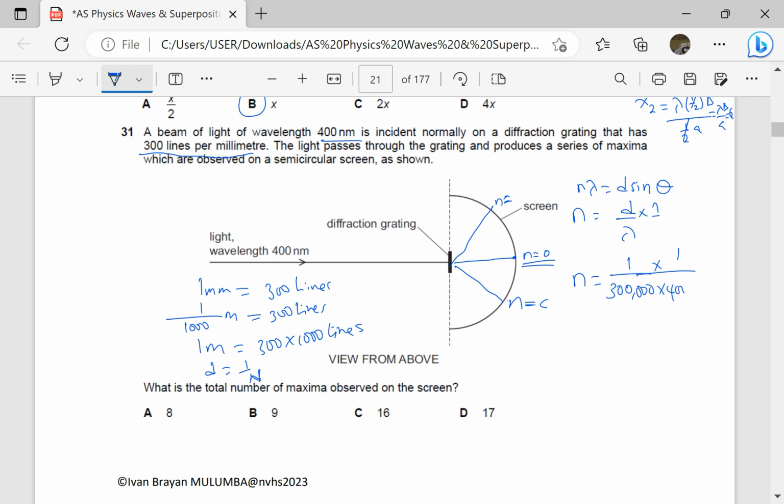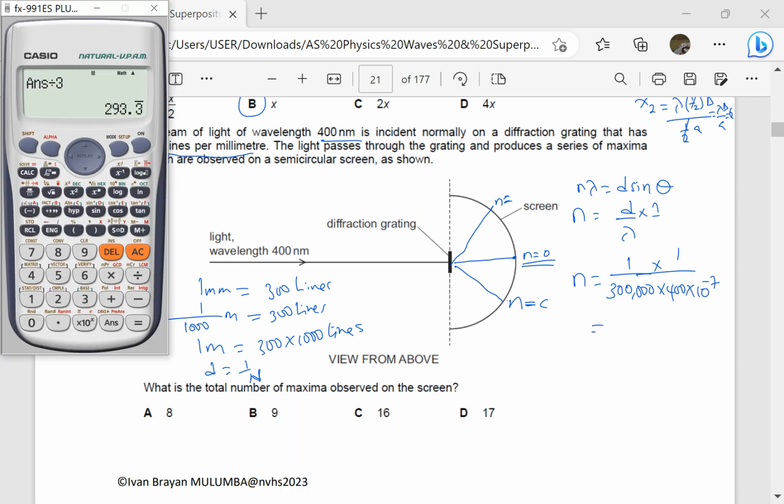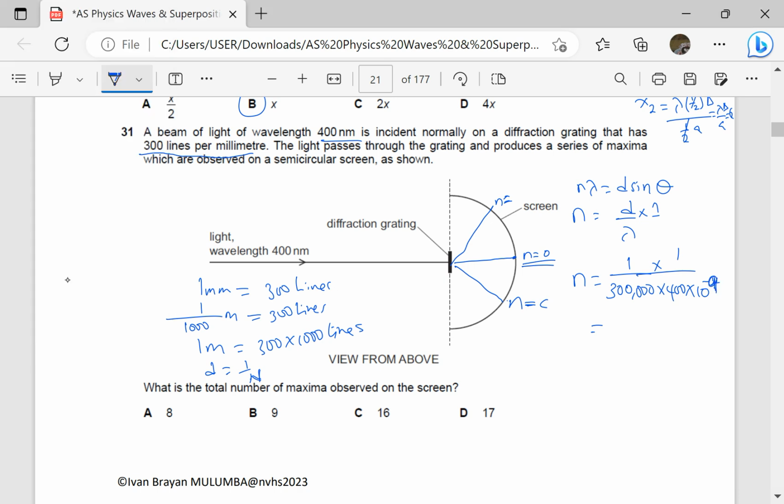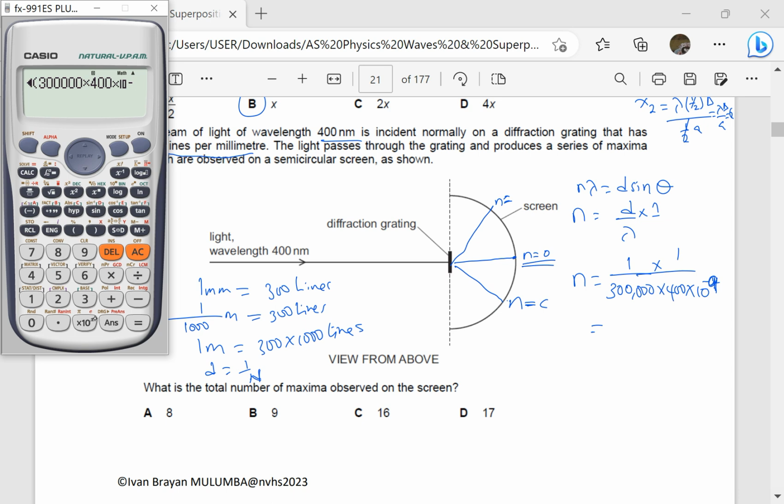So this is going to be 1 divided by 300,000 times 400 exponent negative 9, because it's nano, which gives us